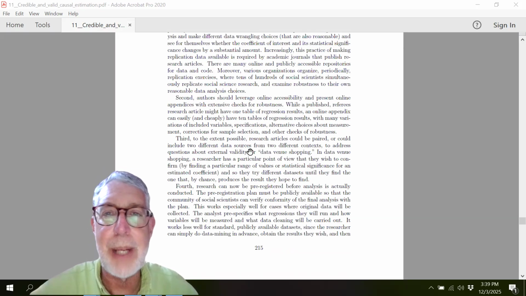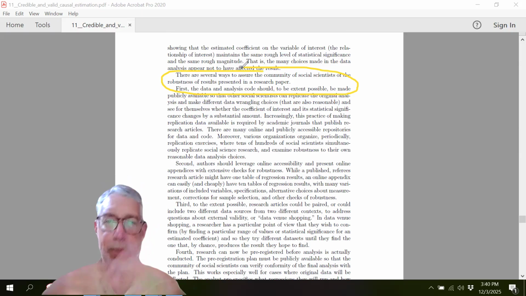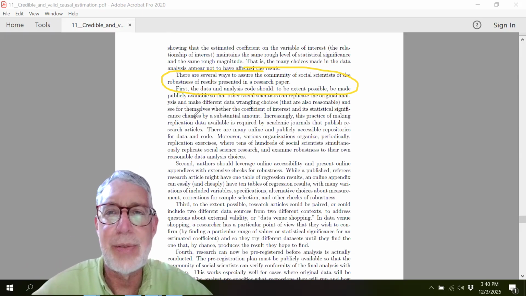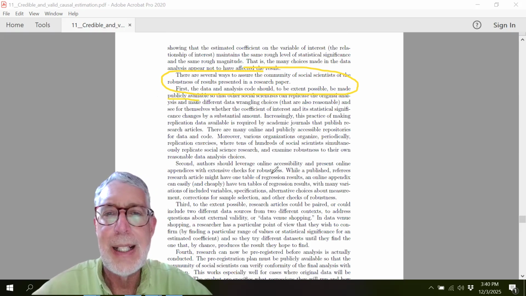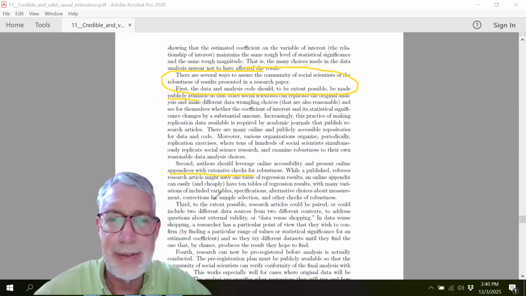And we talk here about some ways that a researcher might ensure or communicate to the research audience that their results are robust: making their data publicly available, presenting greater online appendices for additional regression examples, including multiple data sources, and pre-registering